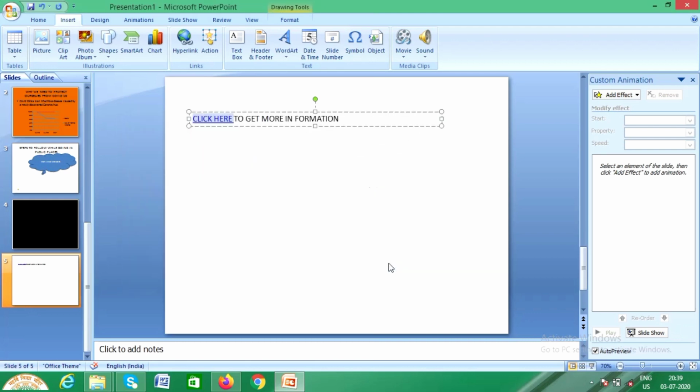After that, now you can see this click here option has changed into blue color while the rest of the part is in black color. Why? Because click here is now not only a piece of text but a link. How can you find out it is a link? If you bring the cursor down, it's an arrow. Whenever you take it above that piece of text, it becomes a hand, and it is highlighted with blue color. Now let us click there and see.